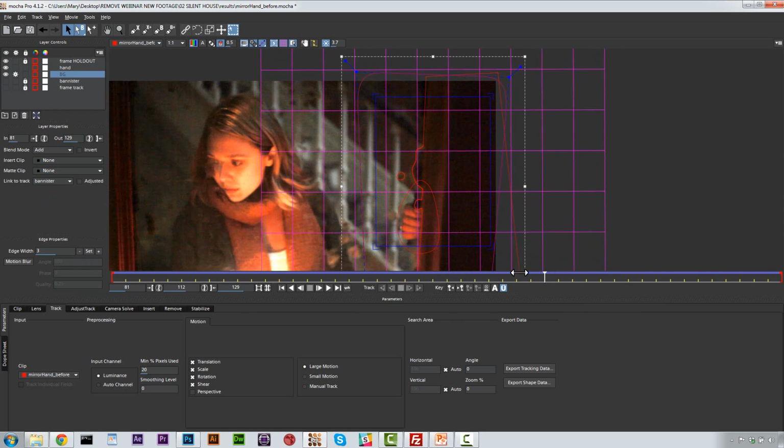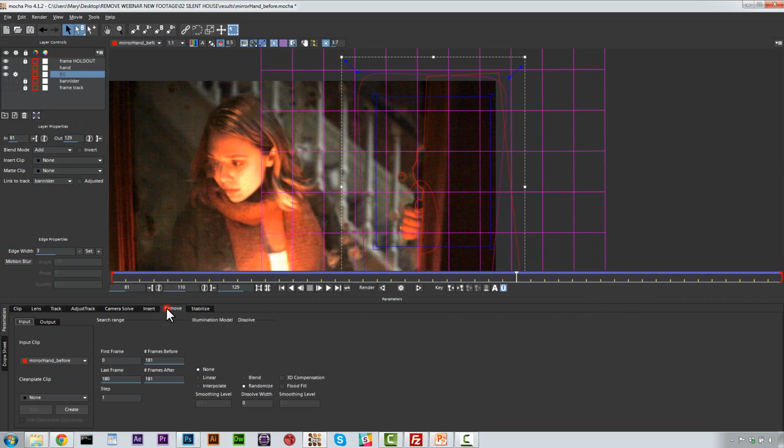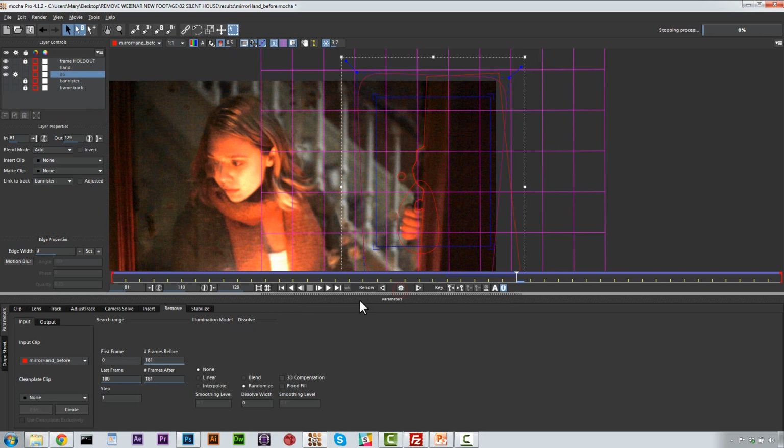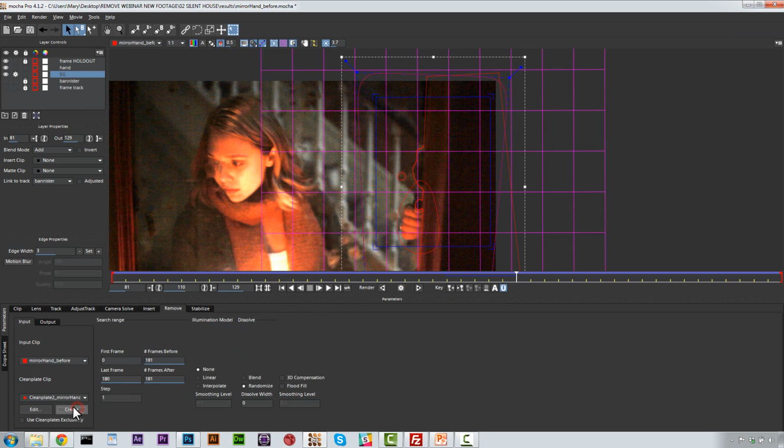So now we need to find where the hand is most in frame, and we're going to click on our hand, click on remove, okay? And if we try to remove this by looking at everything in the scene, we're going to have a problem. We're not going to be able to do it. So instead, we're going to create a clean plate. So we're going to hit create clean plate,